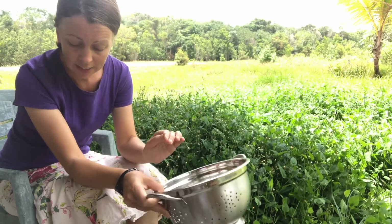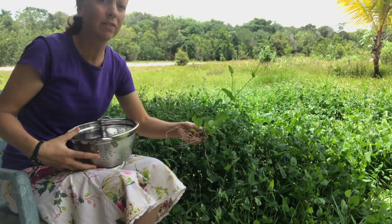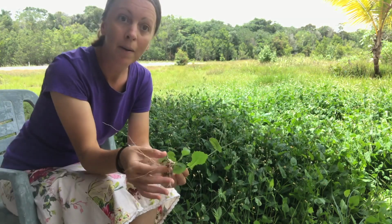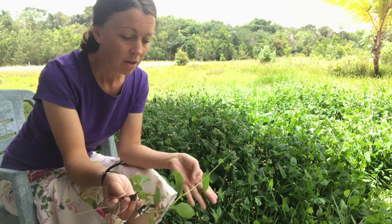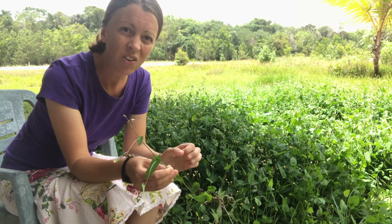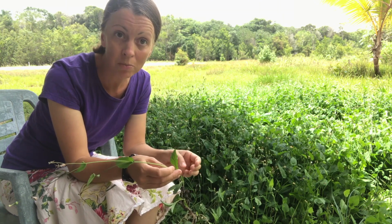The interesting thing about a dandelion is you can eat the entire dandelion. I'll just show you one of the plants I'll pull up here. We have a large field of them here. Here's one plant. You can eat the dandelion all the way from the root to the flower. Now our flowers have already come and gone in this patch, but what we're doing today is we're actually just picking the leaves off and collecting them for a salad. If you don't like really bitter leaves, these have kind of the flavor of a bitter arugula, so you could also steam them or cook them in a stir fry or in a soup